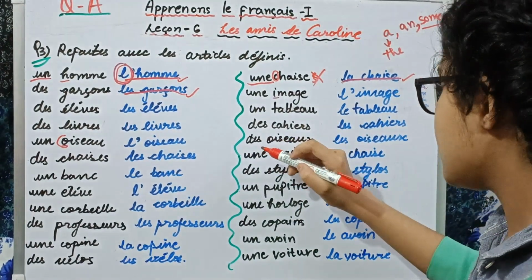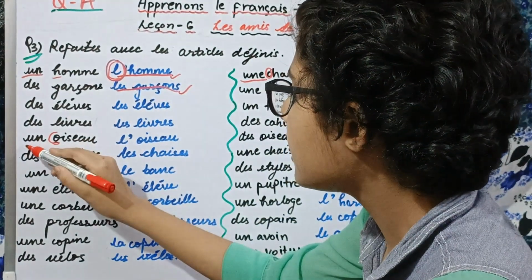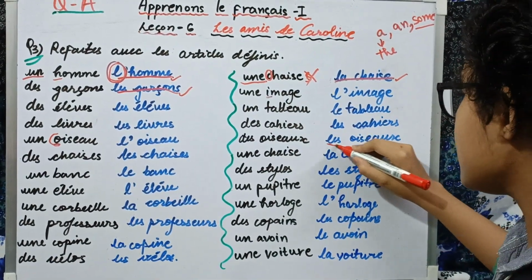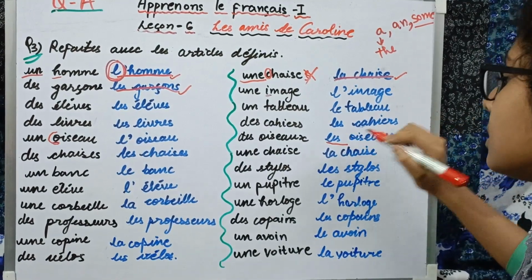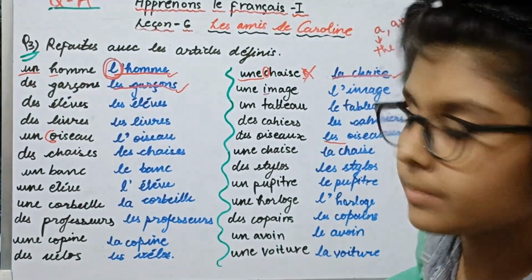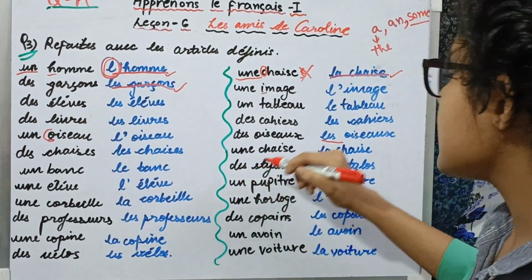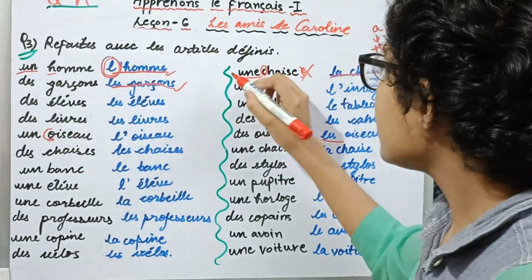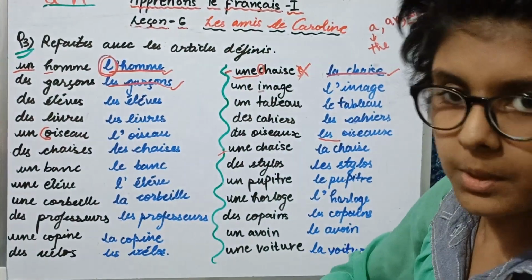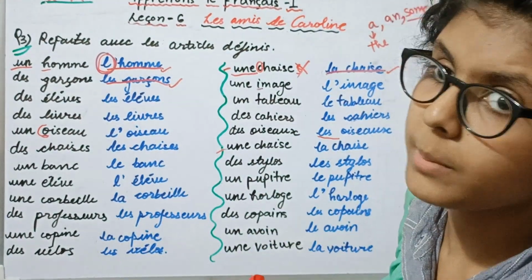And then we have the next one, des oiseaux, some birds. So if we see here a bird, that would be equal to some bird. In the definite article it will be les oiseaux, the birds. Then we have une chaise, a chair, that would be transformed into la chaise, the chair. Then we have des stylos, and do remember that une chaise is written twice in your book, and that would be a mistake that you have copied, but no problem, we can do it, that would be good for practice as well.